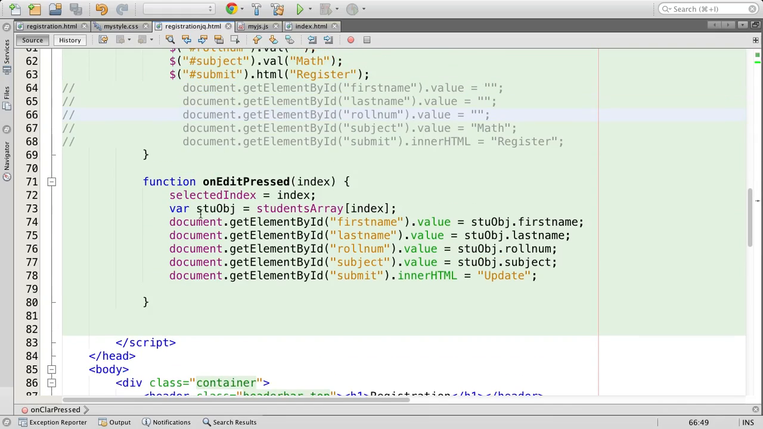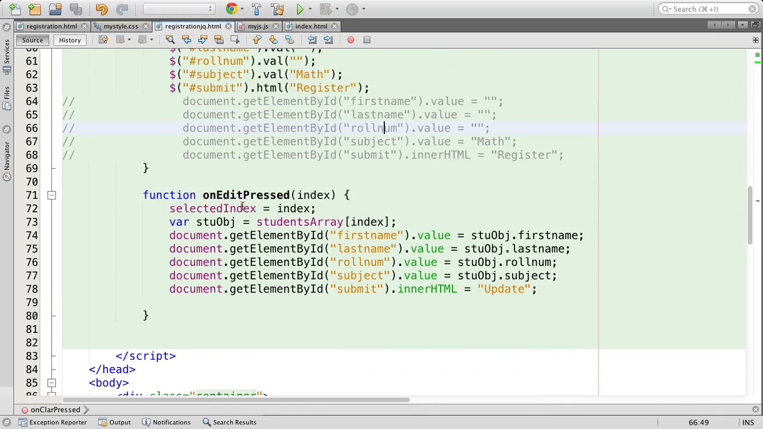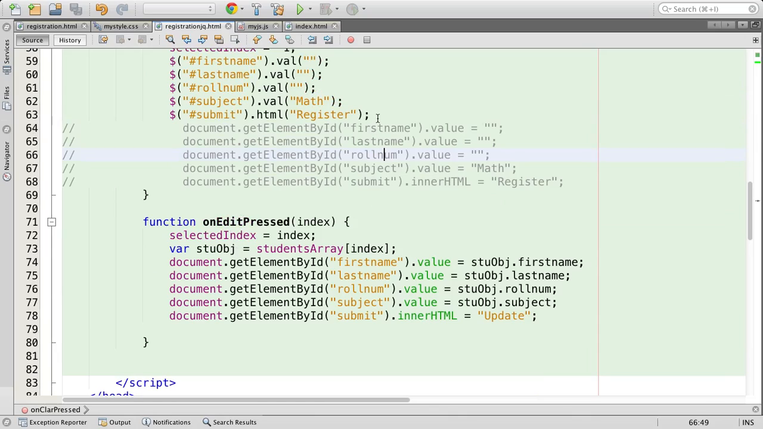Okay, for edit, which is adding the value to a content. So in this case,